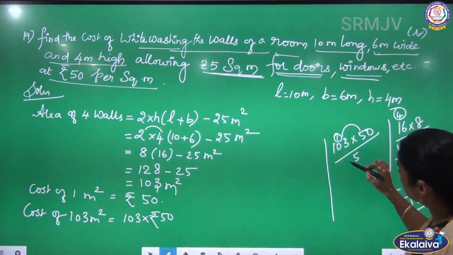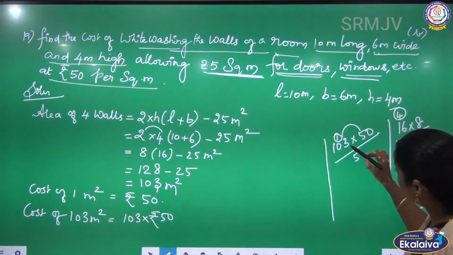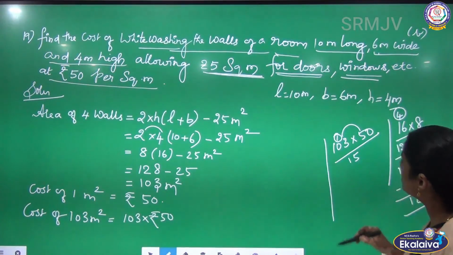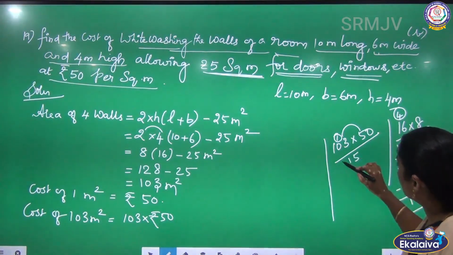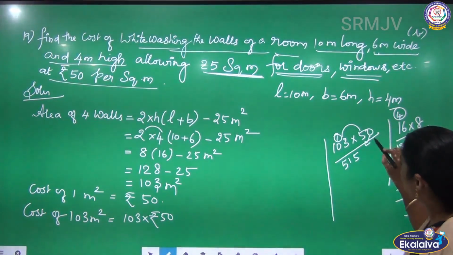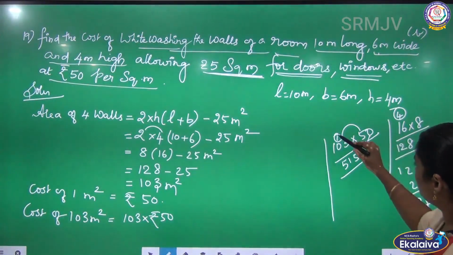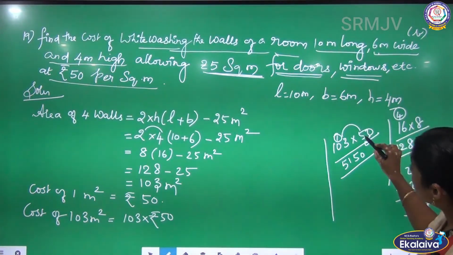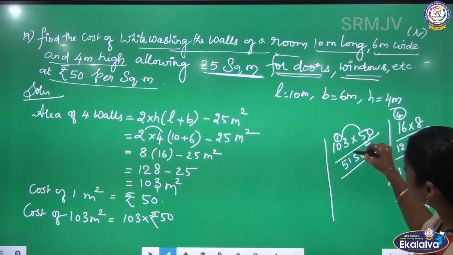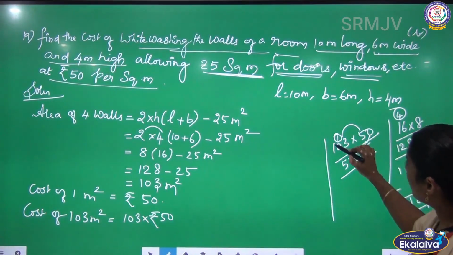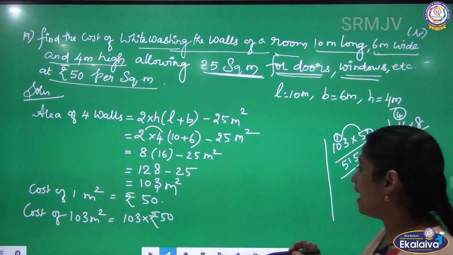So write this, 5 zeros are 0, 0 plus 1 is what? 1. Again 5 1s are 5, drag the 0 down. Can you clear this, children? 5 3s are 15, 1 carry over. 5 zeros are 0, 0 plus 1 is 1. Again 5 1s are 5. So your answer is,